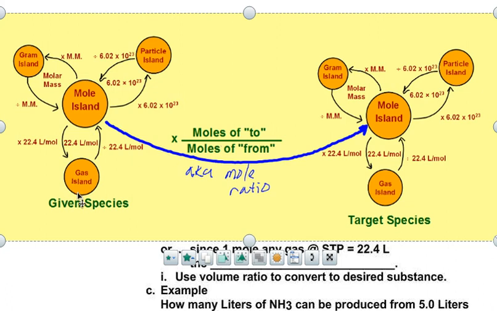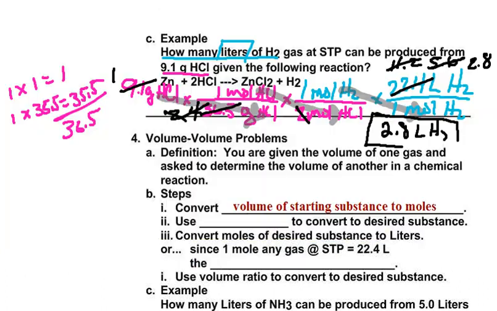Now, if we're going to convert from liters to moles, we would divide by the 22.4 liters per mole. And if we're going to convert from moles to liters, we will multiply by 22.4 liters per mole. So let's slide that off. And in the meantime, in between those steps, we are going to use our mole ratio, of course, to convert between our desired substances. However, because 1 mole of any gas